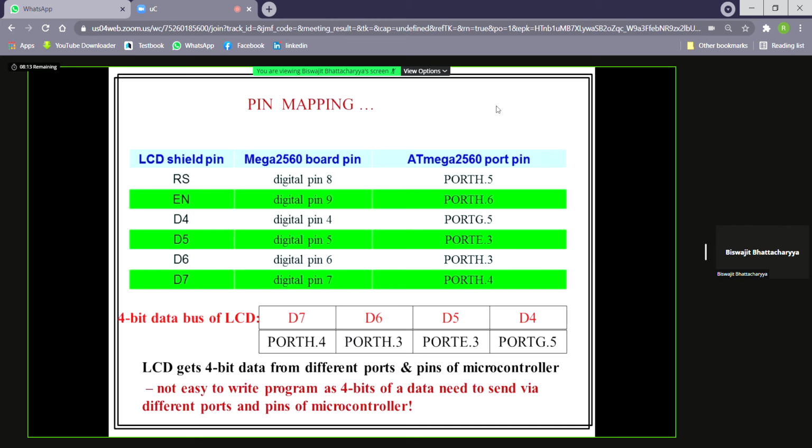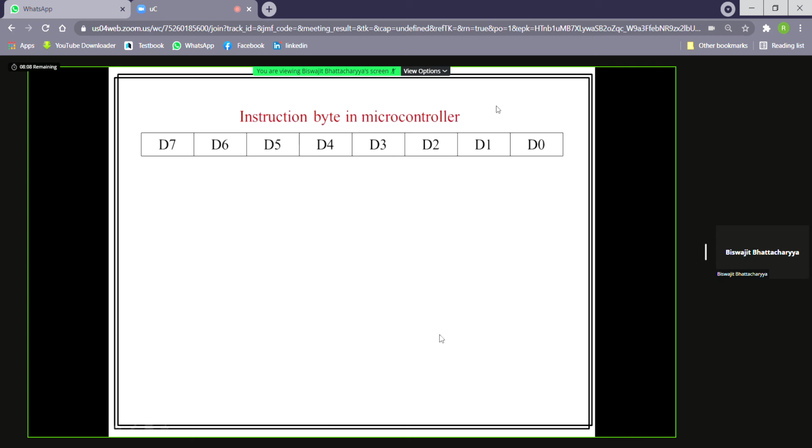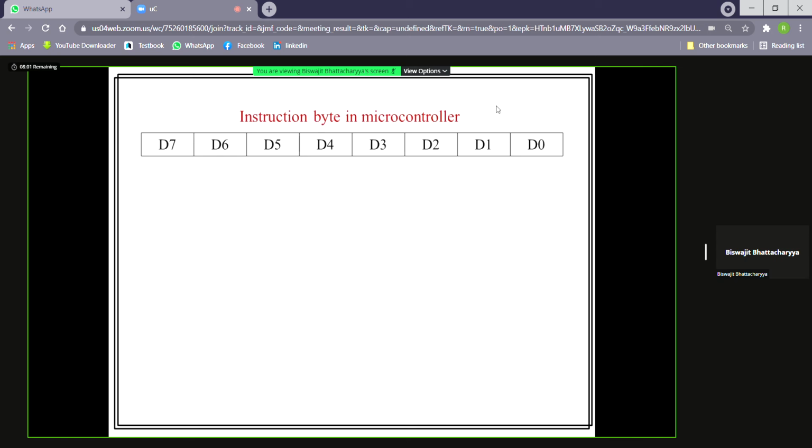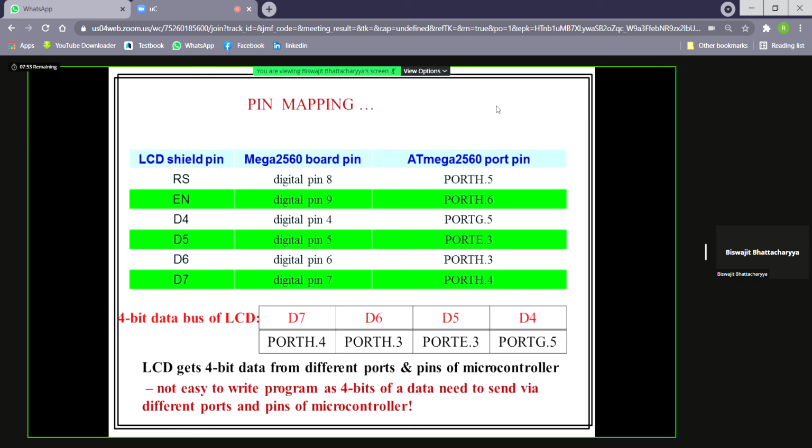Let's see how to set the instruction byte in the microcontroller so that we can set different things to the LCD. So, instruction byte in the microcontroller. Note that when the D7 bit of the LCD is 1, it means our port H.4 bit must be 1.